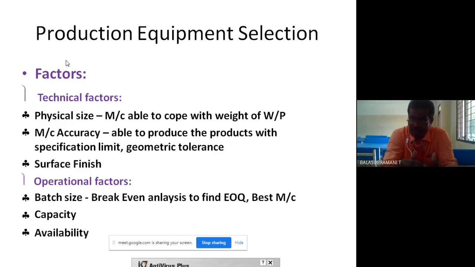Above the EOQ, the company earns profit. Below the EOQ line or below the reference level, the company meets with losses. So in EOQ, the company runs at profit or loss based on the EOQ.